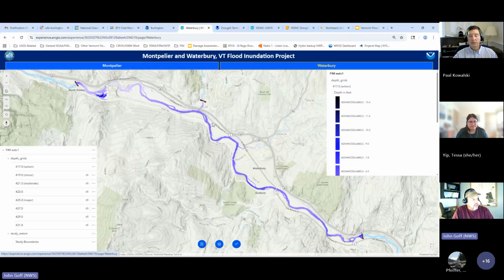And you see how it's got the extent reach. So if you go past North Duxbury on the left up here, or up past wherever this is, up toward Middlesex, that's the extent of the reach. They don't map much further than that, because you have other tribs coming in. Okay, so that is